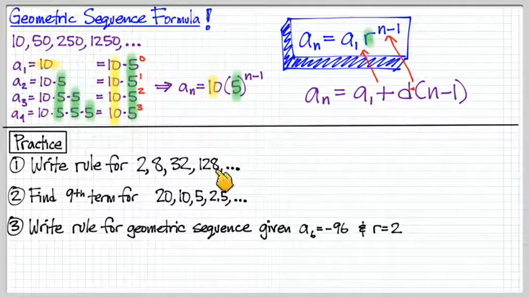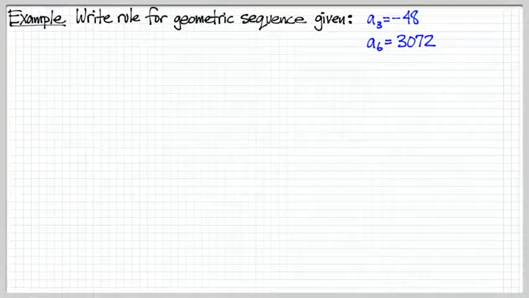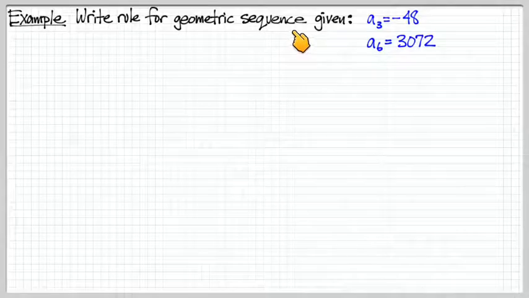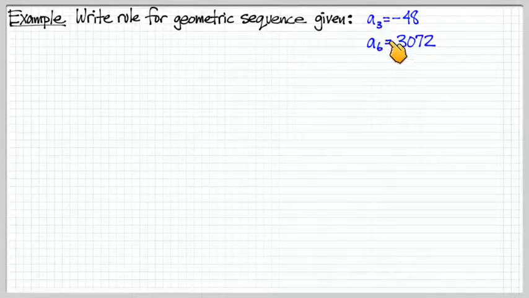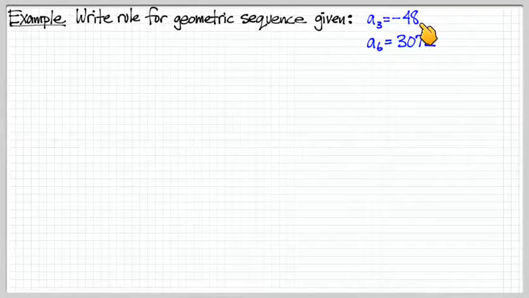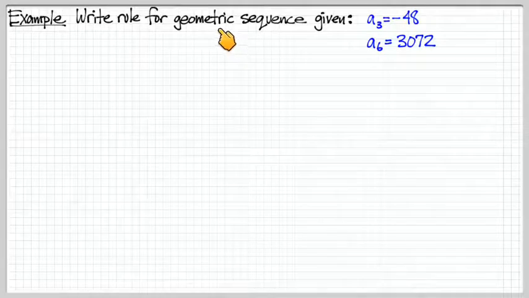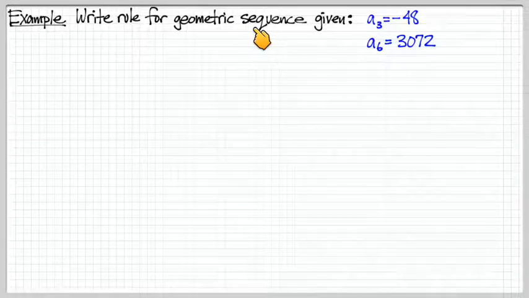So again, you could practice on these problems below. Let's move on. Here's a case where we're given two values of a sequence. The third term is negative 48. The sixth term is 3072. We're told that it's a geometric sequence. Let's see how we could figure out